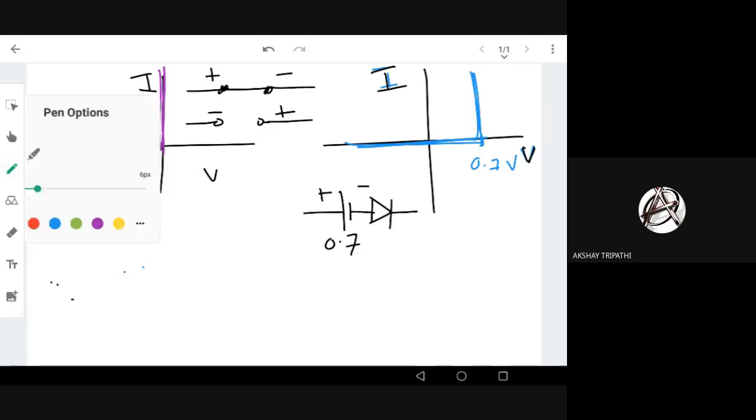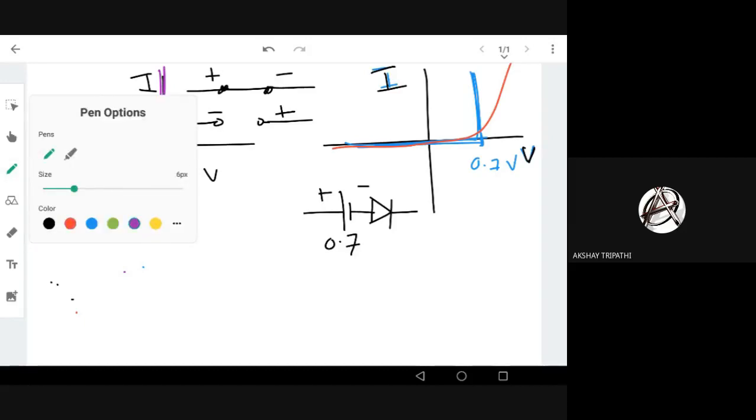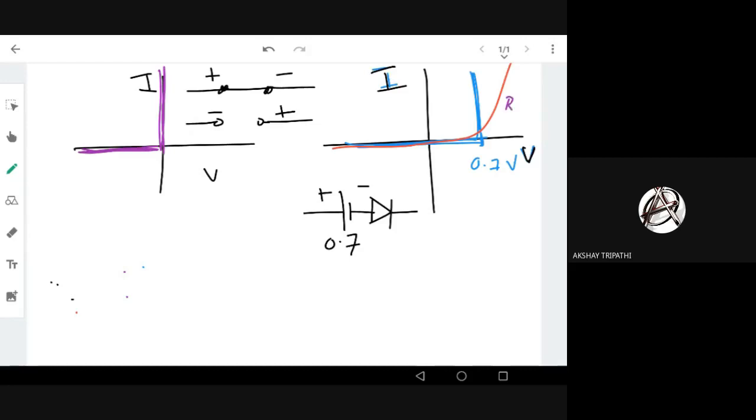But a real diode does not work like this. There is always some negative current, and it always has a slope, which is the exponential function. You remember the exponential model. There's always some slope, and whenever there is a slope, it indicates, as we will discuss, some resistance. So there is some resistance when the diode is conducting, but in our model the resistance is zero, right? There is no slope.